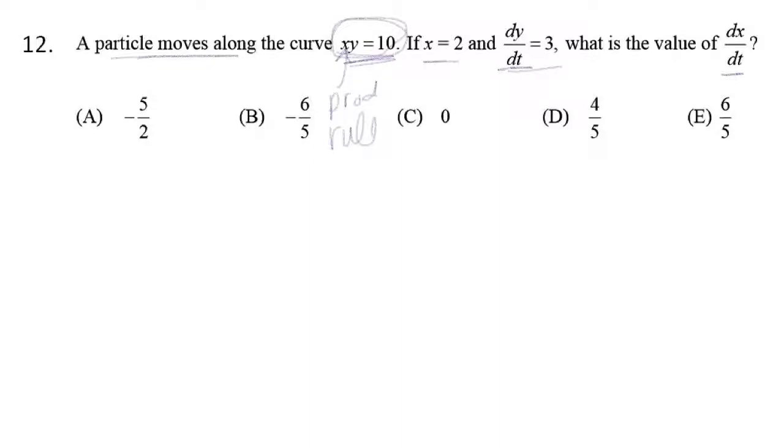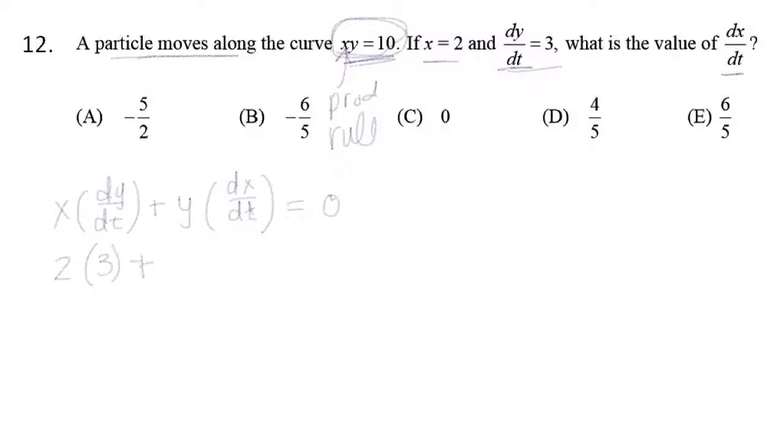So when we go through our product rule, we have the first times the derivative of the second, and the derivative of y is 1, but we have to note that we took the derivative of y with respect to t. So we have first times the derivative of the second plus the second times the derivative of the first, and by the same reasoning we have 1 dx dt, and then all of that equals 0, as the derivative of a constant is 0. And now let's plug in what we know. We know here x is 2. We know dy dt is 3,